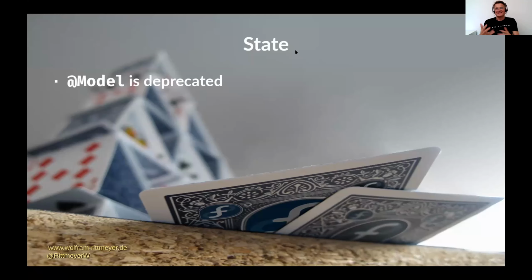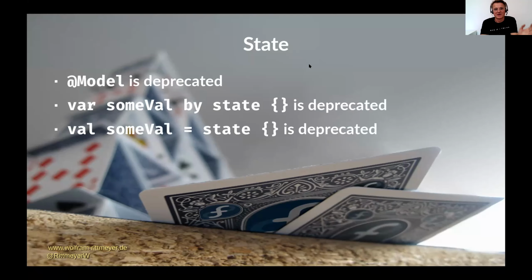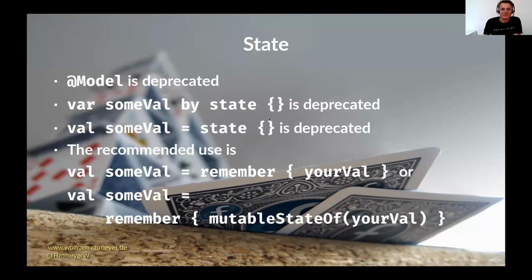The state handling itself has changed a lot. At Google I/O, they presented it as, I think, a data class that was annotated with @model. Whether it had to be a data class, I don't know, but the annotation was important. Then this one was deprecated and replaced by this delegate. Then this delegate was replaced by this, and with the latest version, state finally was also deprecated, and now you should use some equals remember, and then the value to remember, and that's your state.